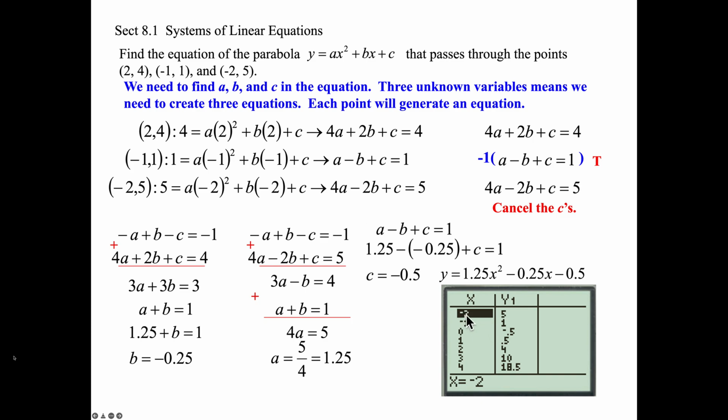So I'll start at -2. There's (-2, 5). Then I'm looking for (-1, 1), right there. And then I'm looking for (2, 4). There's (2, 4). Those 3 points are all on the equation of my parabola. All right, now we'll end part